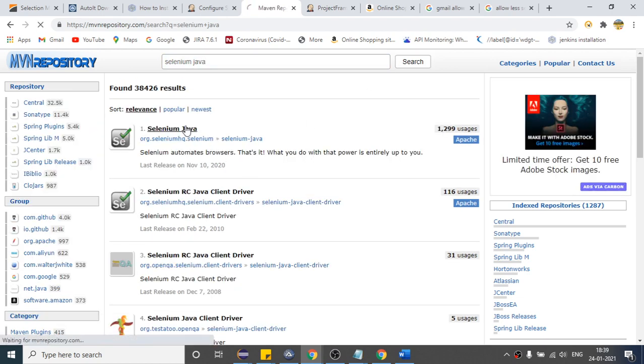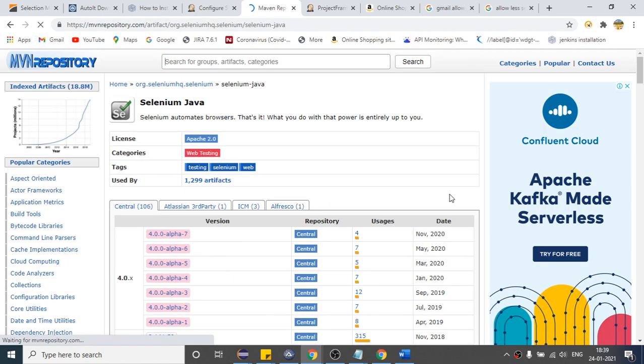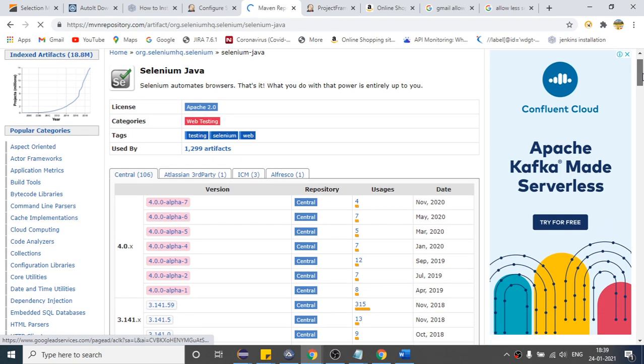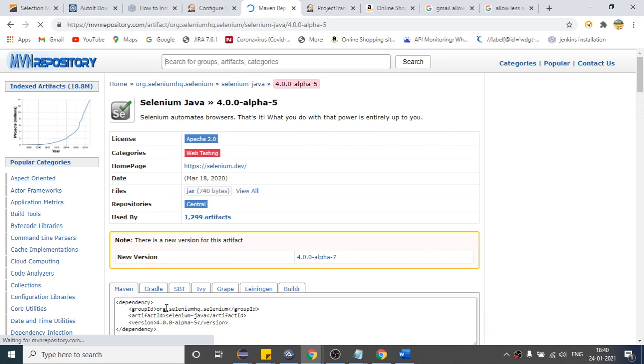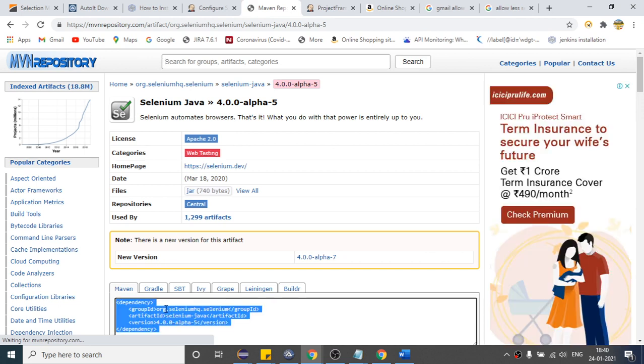Selenium Java is this one, and you can see so many versions are there, right? But as of now, they have not officially released Selenium 4, because you can see they are alpha versions. Somehow you can take that, but you should not use them in your project until they officially release it, right? So what you can do,